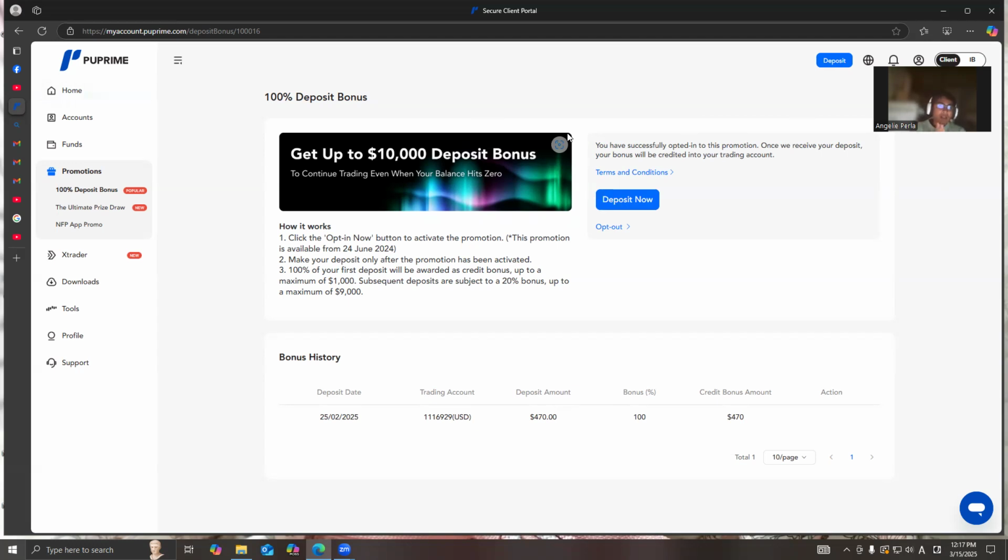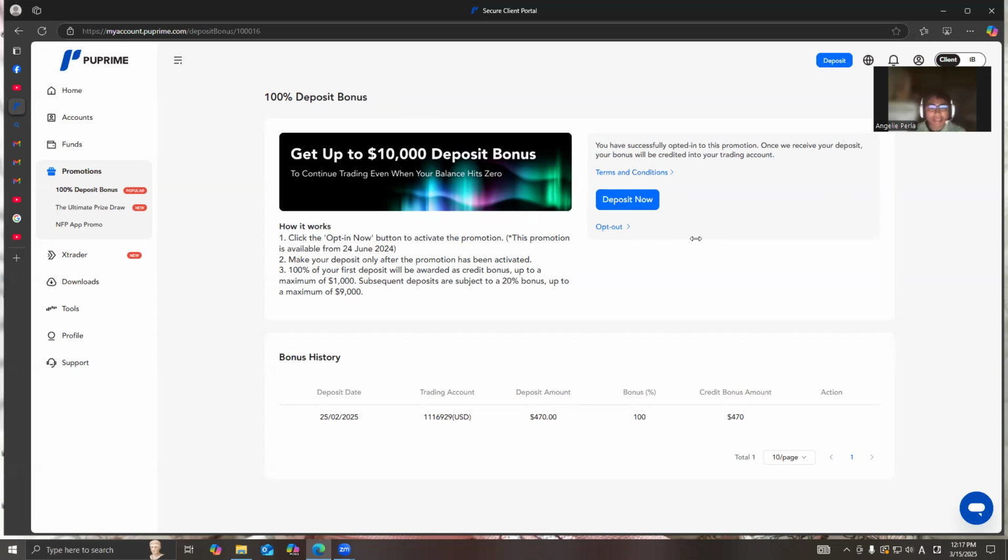So why does PU Prime give a 50% deposit bonus? It's because, as I already taught you, the 100% deposit bonus of PU Prime is only used as a one-time deposit bonus for first-time customers.